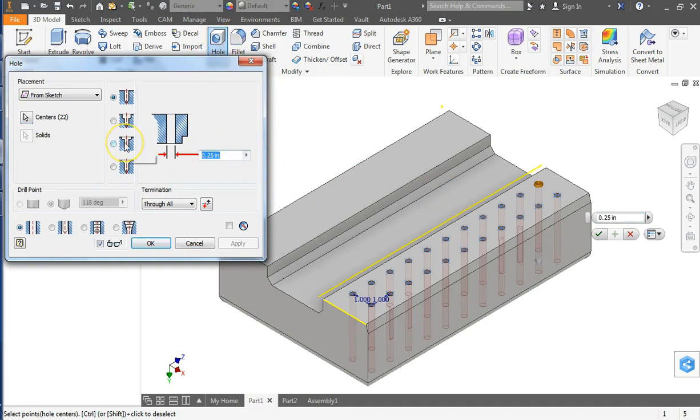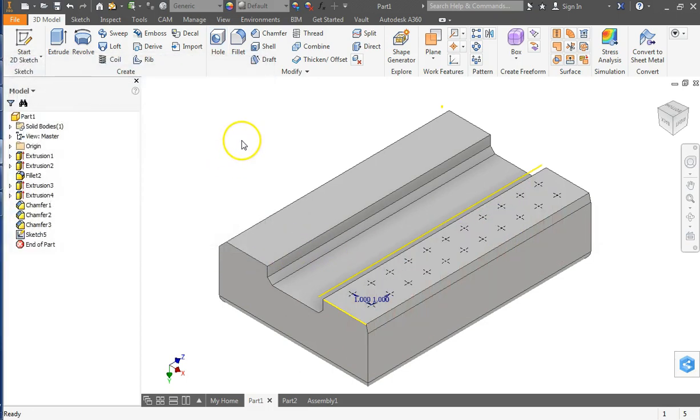So I can change the diameter of that opening. Let's make it maybe a little bigger. You can see that they're all being adjusted. What if I didn't want holes at every single one of those points? Well,